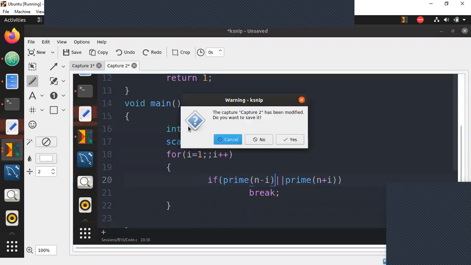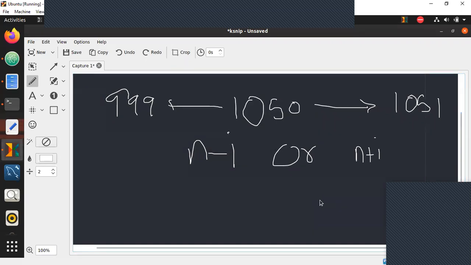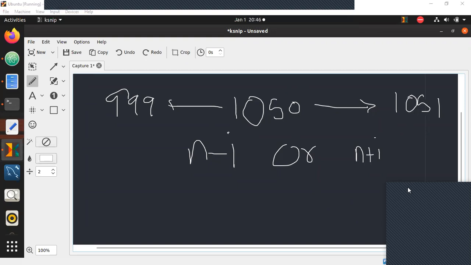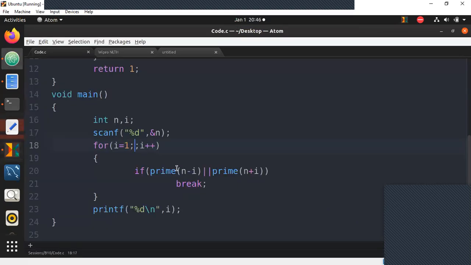That's the basic idea. So there are some questions like this also that you may need to work with. I hope that is very clear. So I have a question: when to add and subtract the distance? See, you're not adding or subtracting, you're just finding out n minus i and n plus i, both here.